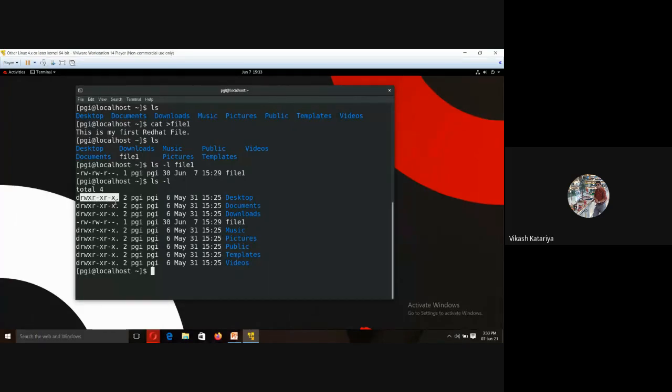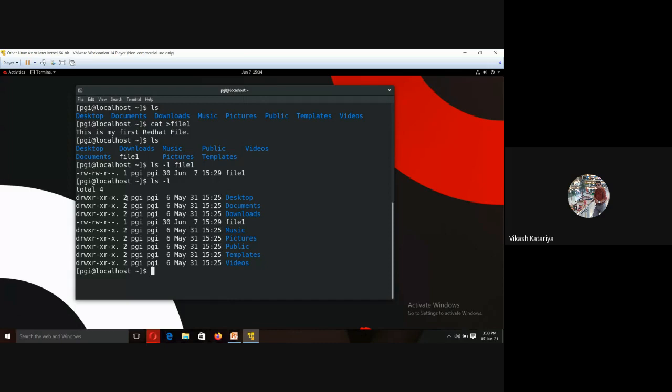Now, if you are a root user, you are the owner of your files and directories. You can put your own access code on your machine, on your files and directories. You can change the mode or access permission of files and directories, right? So you just give the permission for how others can access your files and directories and how the group can access them. This can be changed by using the change mode command.